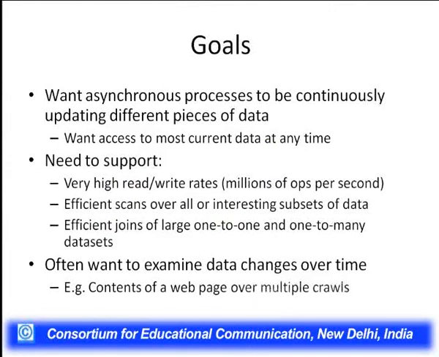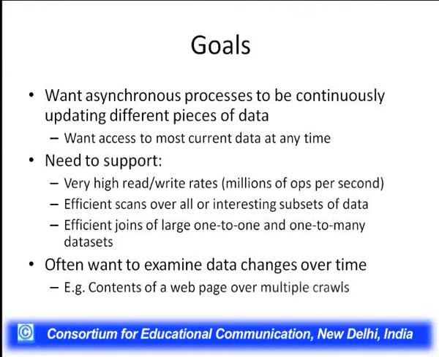So what are the goals which Bigtable aims at achieving? One is that it wants asynchronous processes to be continuously updating different pieces of data. There will be different users accessing the data at any particular point of time.